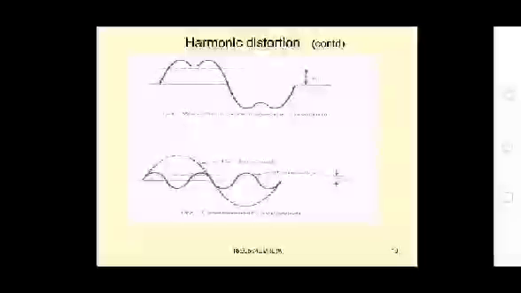So this is the fundamental component and your harmonic component. When the fundamental is added to the harmonic, your signal will look like A. B is the fundamental suppressed signal. You will have only the harmonic signal, there is no fundamental signal. Only the harmonics are present in the signal, and your fundamental signal is represented by the dotted sinusoidal signal.